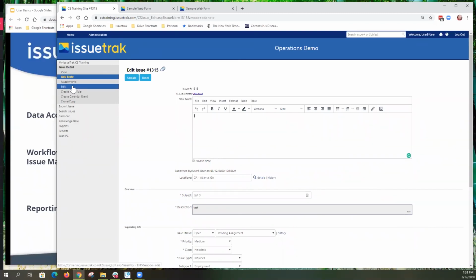Couple of other things to notice on the left-hand side. You still have the view, the add note, the attachment, and now there's the edit capability. Edit view and this add note view is pretty much the same. But now you can create a knowledge-based article, so you can take an issue that already exists and move it